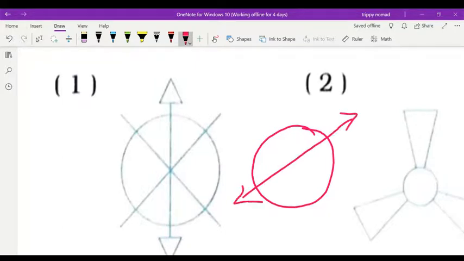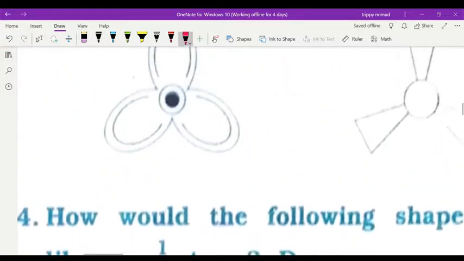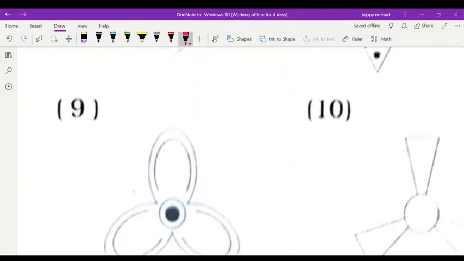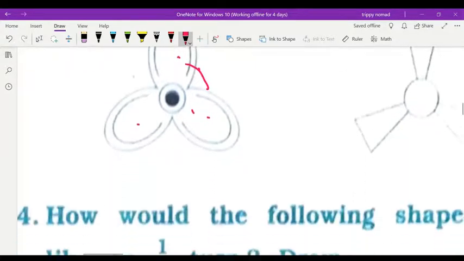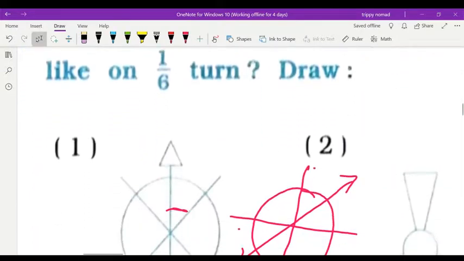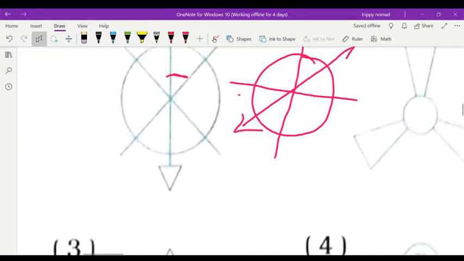This arrow part will come here, and this one, and this one. I hope you understood. Okay, because this is a 1/6 part. As I already taught you, this is one third part. Here in this question, you have to rotate 1/3, so you will get this one. This part will move up, the same way you get the figure here, but in 1/6 you will get a change because arrows are there.